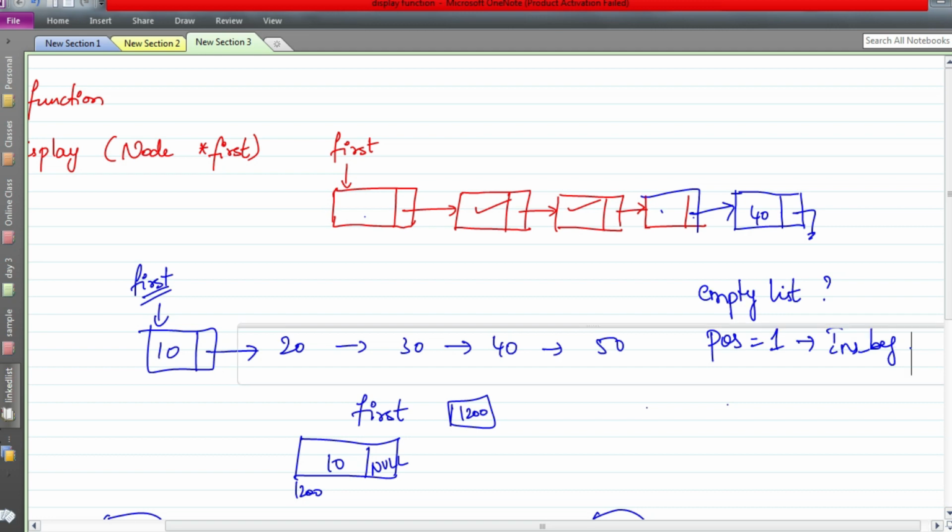Now what if the list has reached the end? See, right now 1, 2, 3, 4, 5 is there. Maximum you can add is in position number 6. Not beyond that. Clear? Since we have 5 elements, the maximum position where we can insert is position number 6. In between also we can insert the values, but the position in this case can't be more than 6.